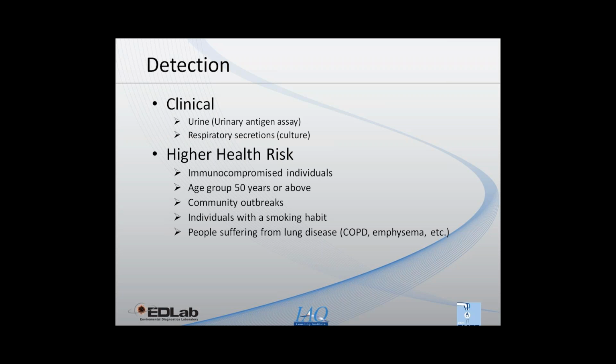Individuals who could have a higher health risk, we have them listed here, and these people are typically the ones that, as you can see, are more involved or have longer stays or more common stays at hospitals. Individuals who are immunocompromised are more susceptible to the disease. Anyone who's over the age of 50, as you start getting older, your immune system can't keep up the way that it used to. And so when your immune system can't fight off any infection, you're more at risk for